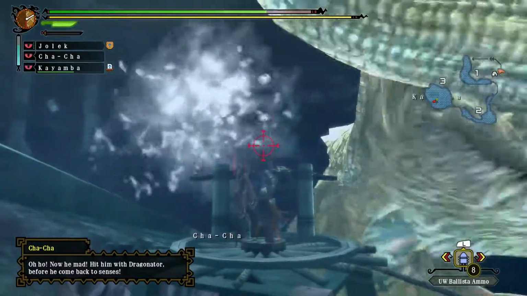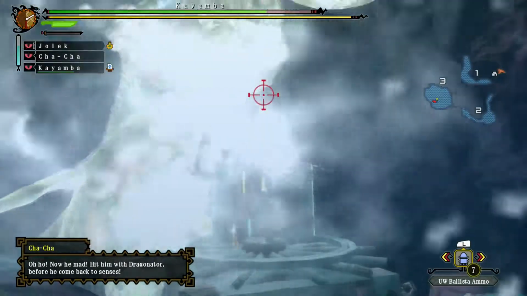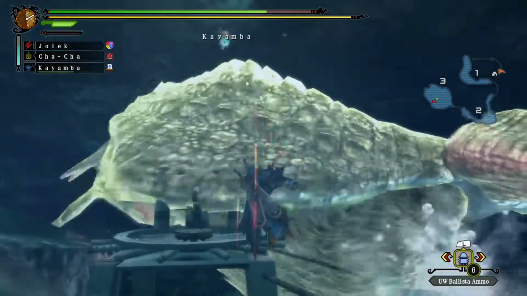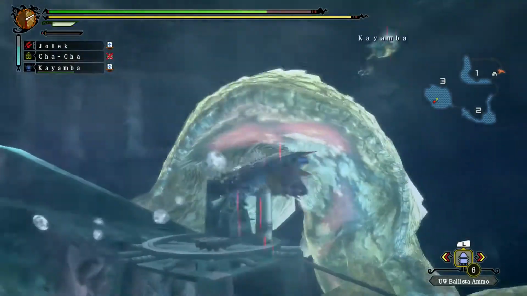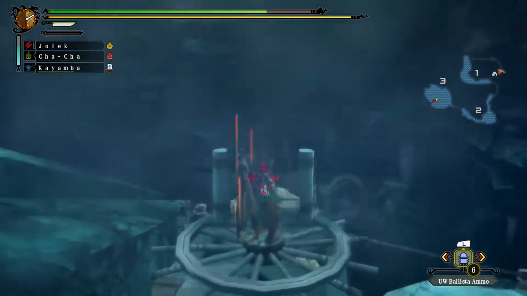Okay, that annoyed it. And it's going to roar, so it might as well try to release the most amount of shots. I would rather hit the horn area to get the break. However, I should be able to... It's pushing me away from the ballista. Should be able to... Oh wait, is he doing...